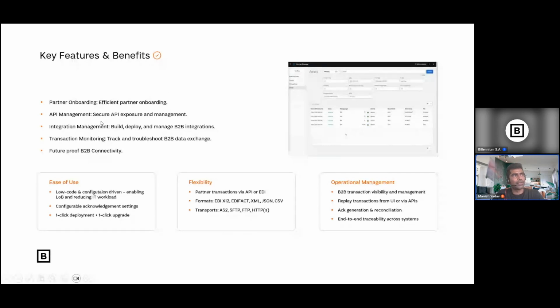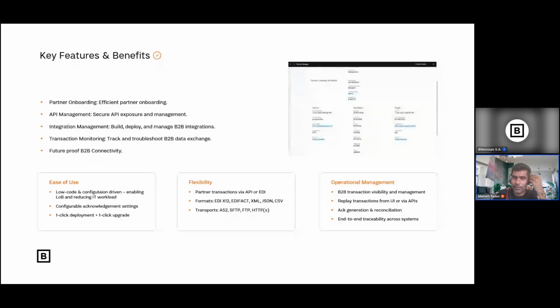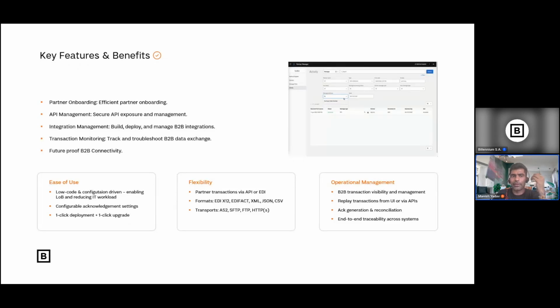Then API management, as I mentioned, you can expose those receiving endpoints on the API manager as an API product, where you can apply whatever policy you want. Then it's really easy to build and deploy. No need to write any code. The only code you need to write is the conversion.